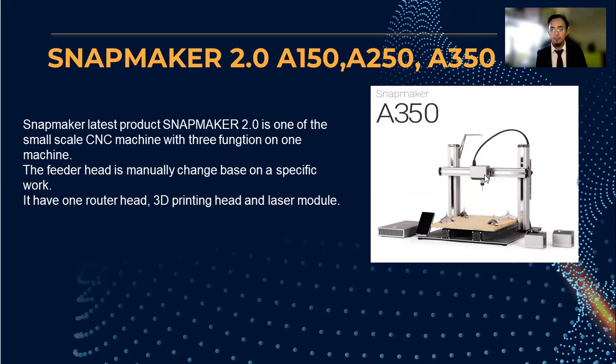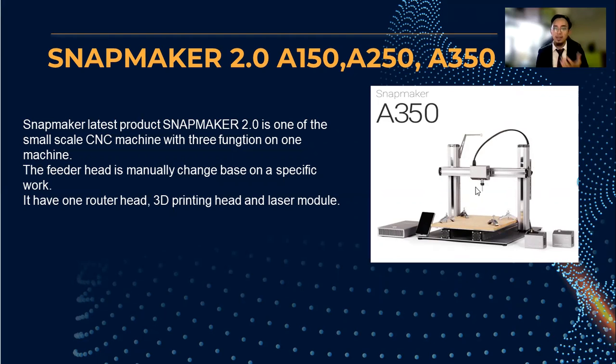This machine has three types of heads. You can see here, this is a router head, this is a 3D printing hot end, and this is a laser module. This machine is, yes, a 3-in-1 machine, but you need to remove one and put on one only on that machine. Only one process at one time. So